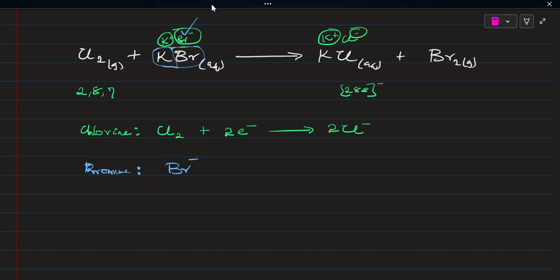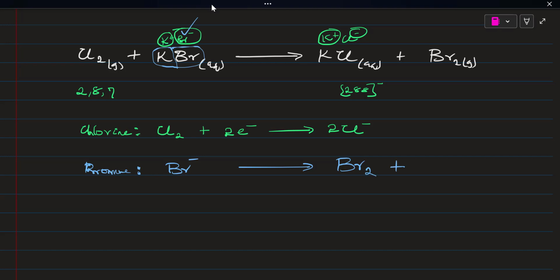So this one has electron, but here it does not have any electron. So it means it has lost that electron that it has here to become bromine molecule. So we are going to write Br minus. We put the arrow here. Remember, when there's electron lost, the electron is going to be at the other side of the equation. Then I will write Br2,